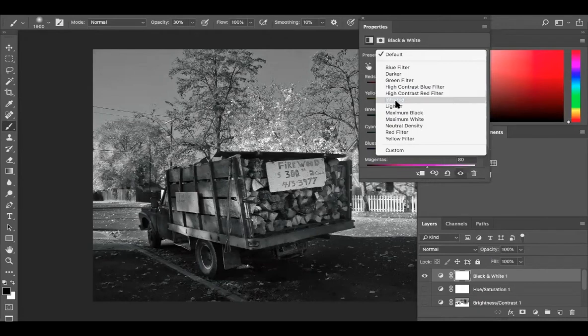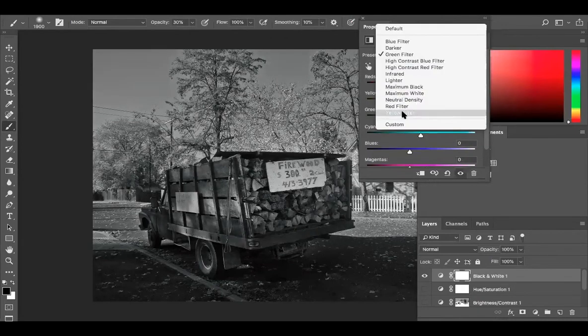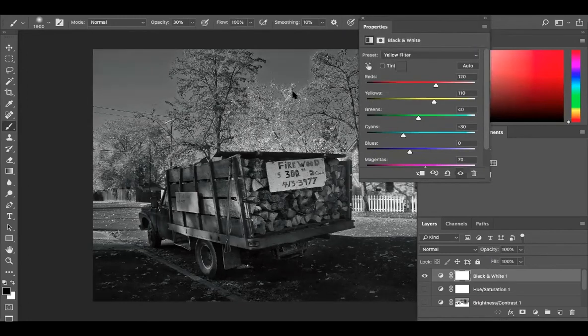And so I can use a green filter effect, or I can use a yellow filter, which was quite common because it knocks that blue sky down so you see the clouds in there. Or I can go ahead and modify this a little bit further and get a custom setting there. So an adjustment layer is also nice because it has built into it the second concept I want you to